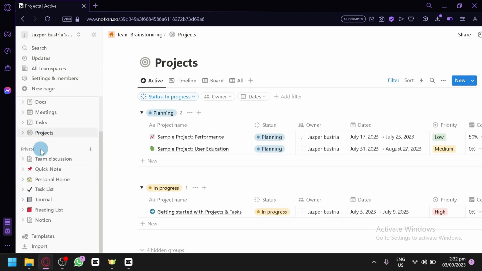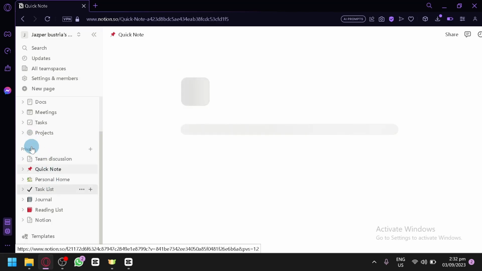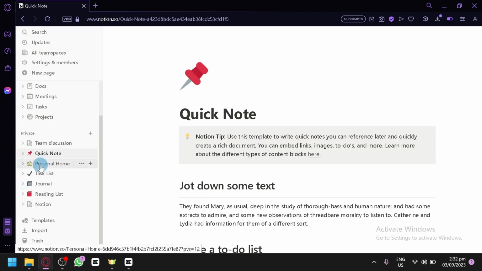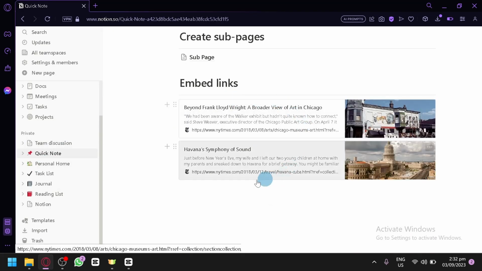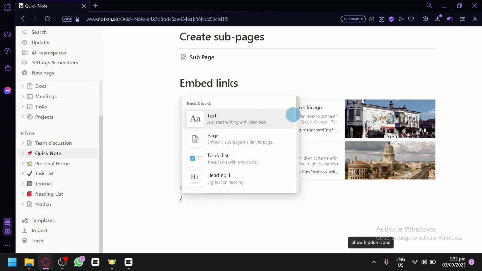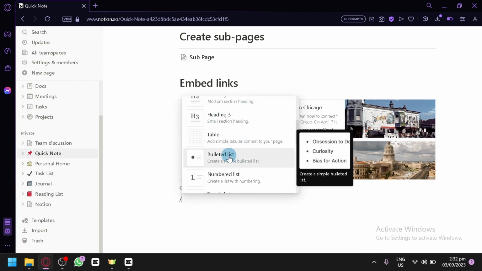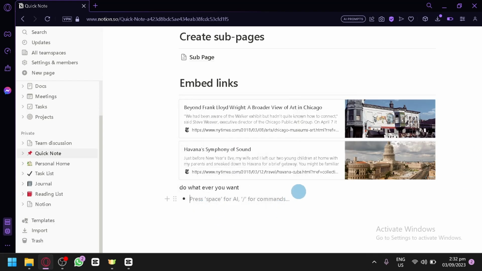But if you want to check out the ones for private, as you can see, you can have it over here on the lower side, the private side. You have quick note, basically an area where you could do a quick noting. You can simply type whatever you want and do whatever you want over here. You can click on enter, click on the slash. You are able to add whatever thing that you want to add over here,